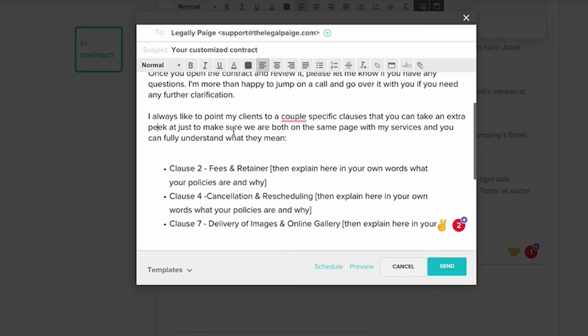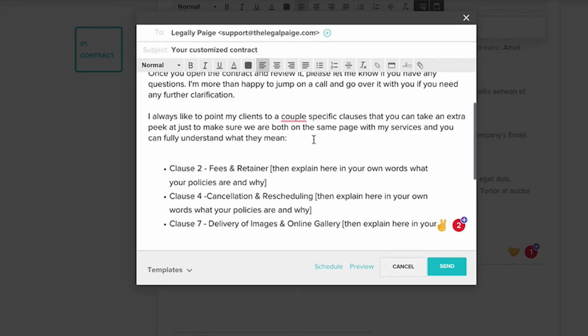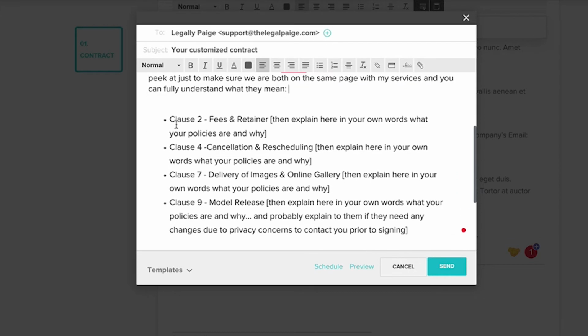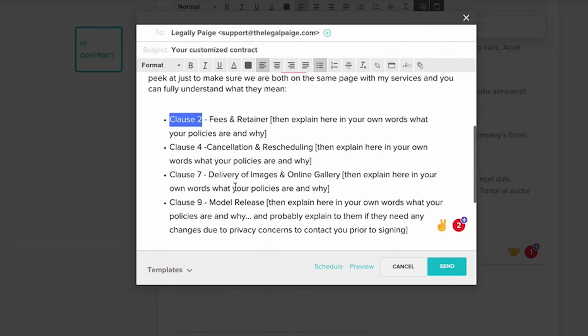So you are going to ask your clients to take an extra peek at a couple clauses to make sure you have a meeting of the minds and you're both on the same page with your services and your business policies. Again, the clauses at the legal page are numbered, underlined, and bold, all of the headings. So it's really simple and clear to clients when they open your contract what clause they need to look at. I suggest you do that if you don't have a TLP contract. Just do that for organizational purposes in your existing contract